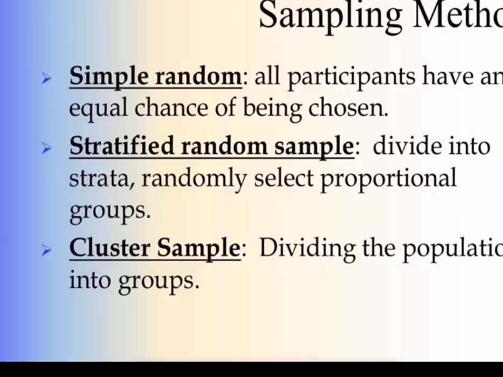So when we compare the stratified versus the cluster sample, we might want to remember that the stratified sample consists of observations from each group, whereas the cluster sample consists of observations from selected groups. Stratified sampling is preferred if the objective is to increase precision, whereas cluster sampling is preferred if the objective is to reduce our costs. So, of course, we'd want to choose based on the likelihood of actually being able to do whatever it is we're trying to do.